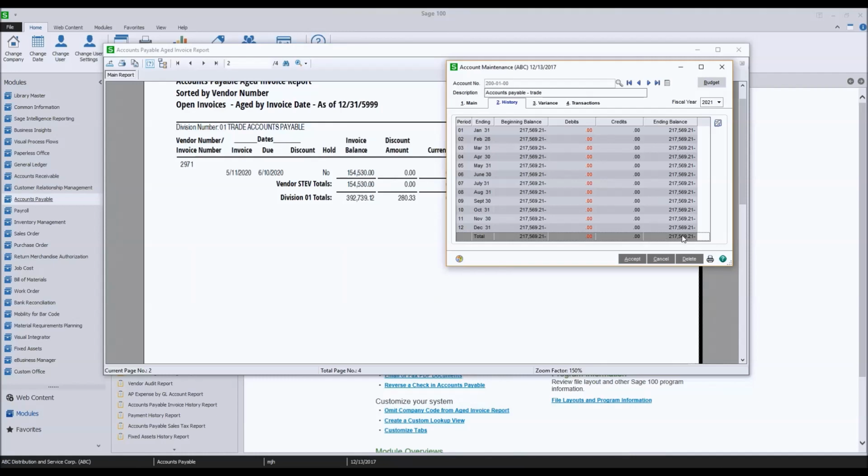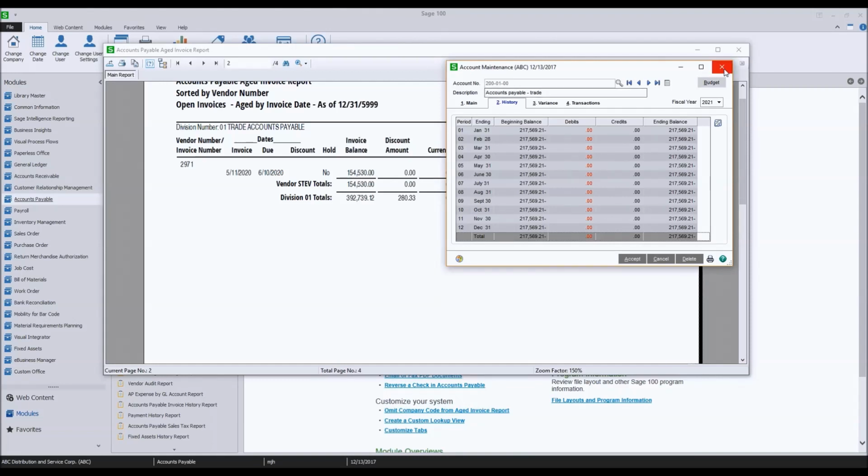If these two numbers were the same, but my period end was off, then I would know that's a timing difference. But if my whole value is different, I have to look for things like general ledger entries or postings that affected the AP detail but didn't affect the AP general ledger account and things like that.